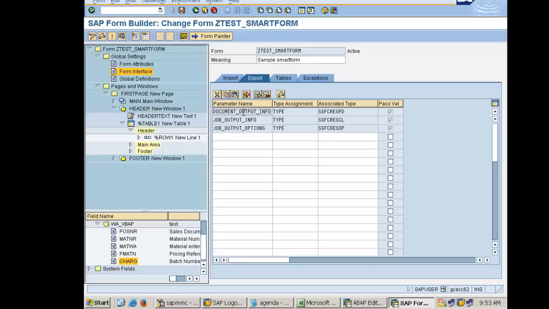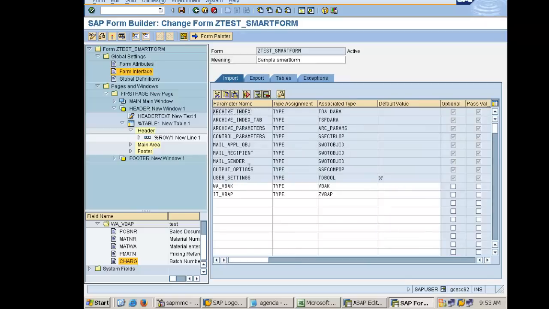So in export we have document, output info, job output info, that is fine. Okay, so we have one parameter called output_options. If you see this output_options type SSFCOMPOP, if you double click on this structure,